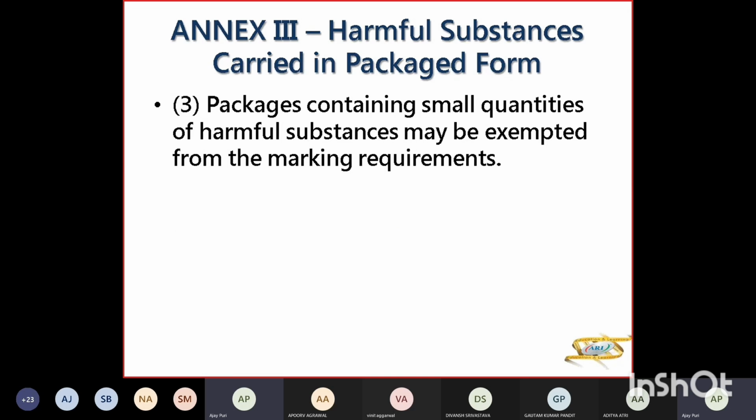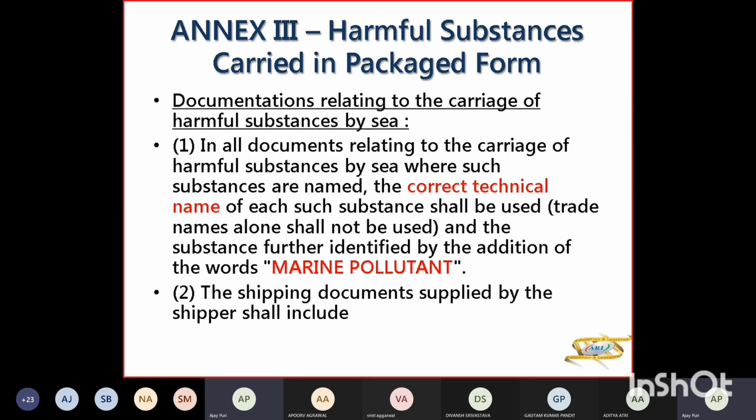अब बहुत छोटे डब्बे हैं जो बाई एयर लेके आ रहे हैं, as per IMDG, those are small quantities of harmful substance. उनमें मार्किंग रिक्वायरमेंट्स की एग्जेम्पशन हो सकती है, क्योंकि मार्किंग की जगह ही नहीं, मार्किंग कर ही नहीं सकते। अब क्या क्या डॉक्यूमेंटेशन चाहिए होती है कैरेज के लिए, तो यू हैव टू हैव द करेक्ट टेक्निकल नेम ऑफ ईच सब्सटेंस, प्लस उसके ऊपर पैकेज के ऊपर लिखना चाहिए मरीन पोल्यूटेंट, ये इसकी मार्किंग होगी।